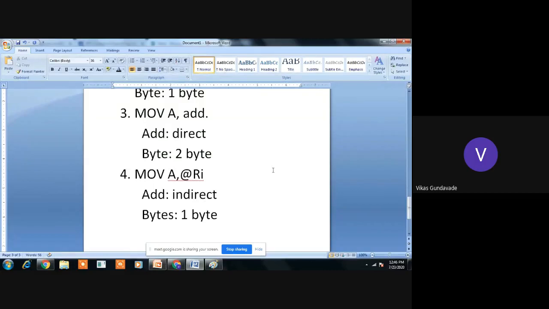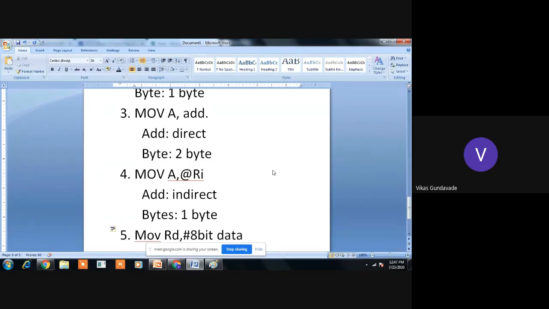Similarly, we have seen the move instructions with the accumulator. In the same way we can write the instructions for registers also. So MOV Rd, #data, where Rd is the destination register, comma hash 07H or hash 8-bit data.